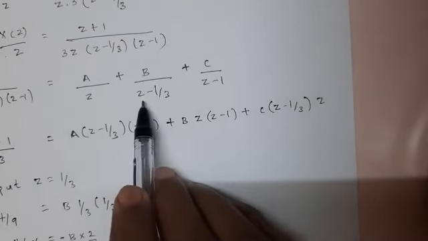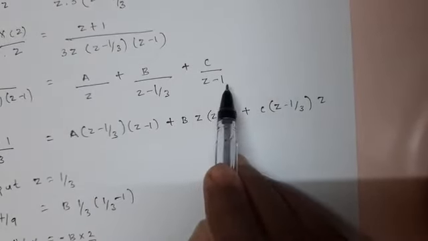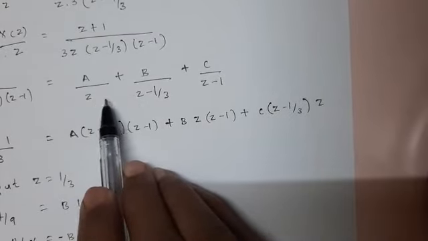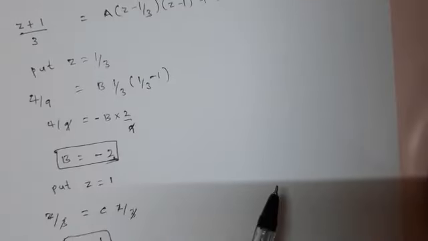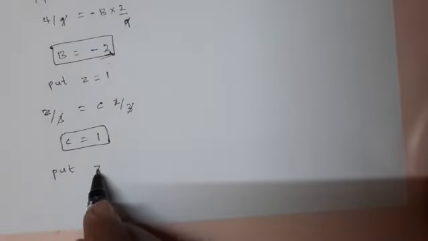And last one, okay, you have substituted z equal to 1 by 3, z equal to 1, left out is z which does not have any coefficient, so which is z equal to 0. By substituting, put z equal to 0, what do I get? Z equal to 0 here, 1 by 3,